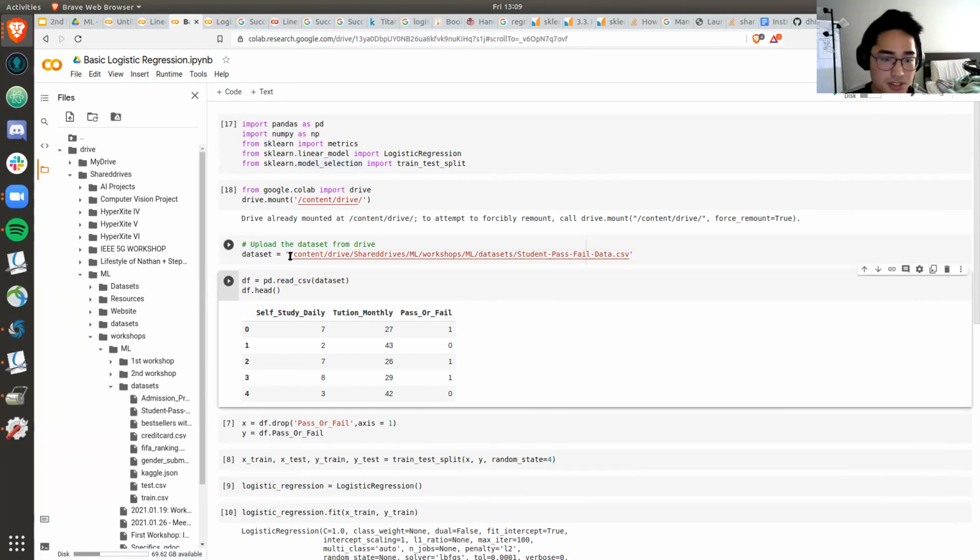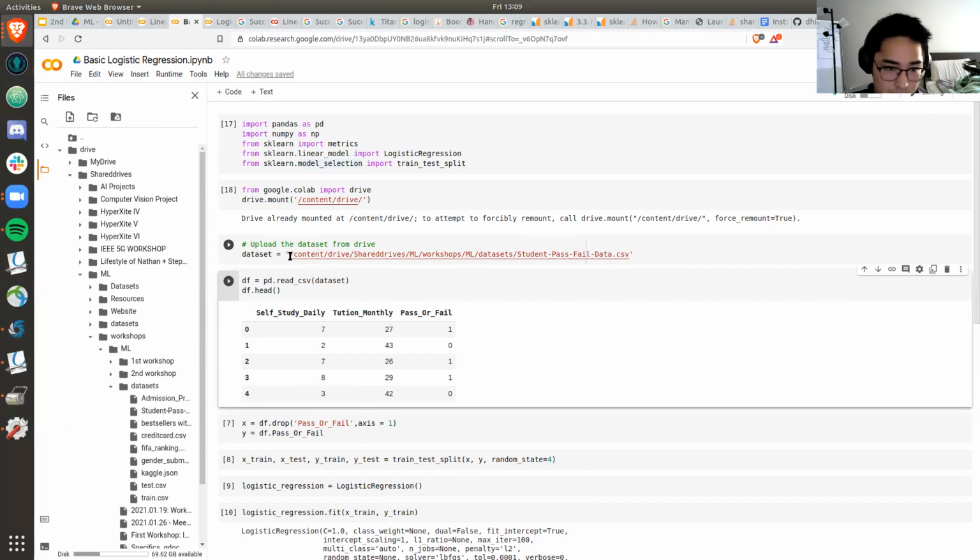Basically, an overview of this dataset: it has three different features. It has self-study daily, meaning how many hours you study a day, and tuition monthly, which is the amount of tuition you pay monthly, and hopefully not in thousands. And then you get a pass or fail: did this student fail or pass this quarter?